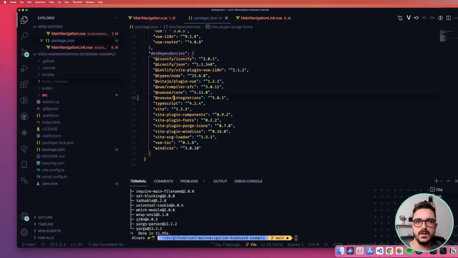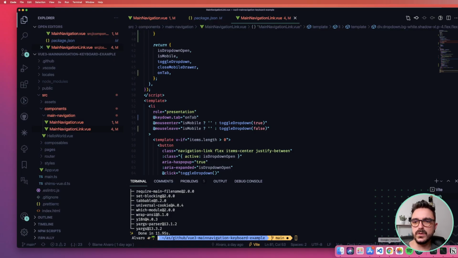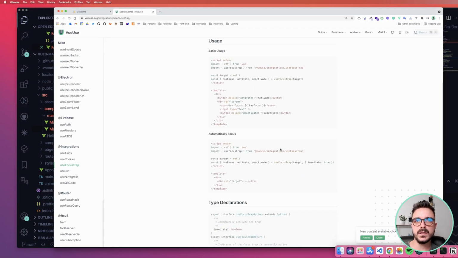So this is the actual package that contains the focus trap. So in order to use it, let's go to the documentation and check what we need. So here we need the target reference. So this is the template ref for the element that we want to trap the focus on.